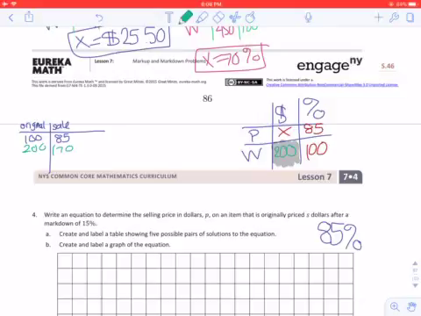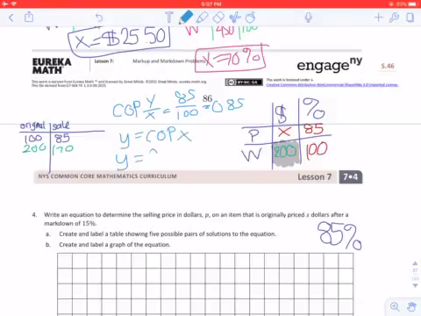So one way that you can make an equation for this is with COP. COP is y divided by x. So if I use the first row of my table, it's going to be 85 divided by 100, which is 0.85. So if I plug it into the equation y equals COP x, I get the equation y equals 0.85x. They want us to use S and P. I'm really not concerned about that, but it would be P equals 0.85S instead, but it's the same thing. Another way you could think about this is that you're always going to be multiplying 0.85, which is 85%,